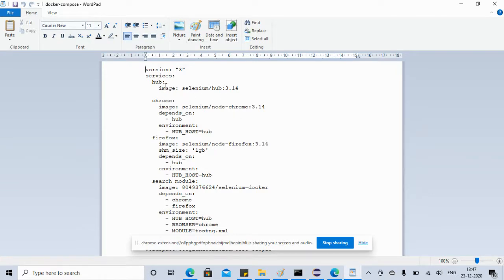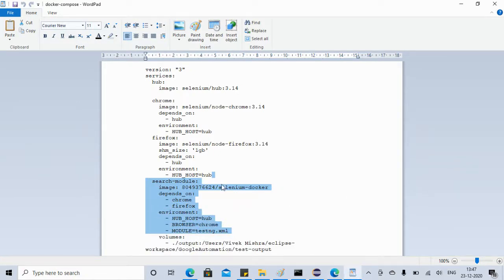Okay, so here we have these services. We are running Selenium hub, we are running Chrome, we are running Firefox. With this we are also adding the Selenium Docker, the project that we have created using the Docker file. Last time we didn't have this Selenium Docker in the Docker Compose file, but now we have it there, so that we don't need to use the network in our Docker run parameters. We are going to add the Selenium Docker in the same Docker Compose file so that they will be able to communicate with each other.